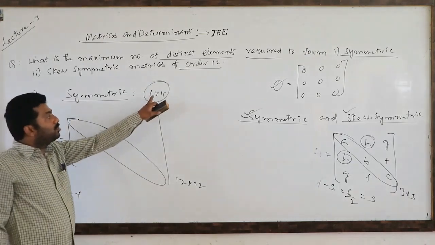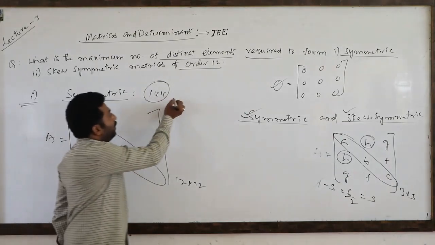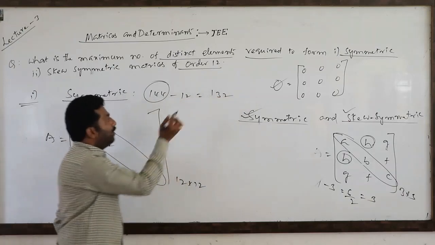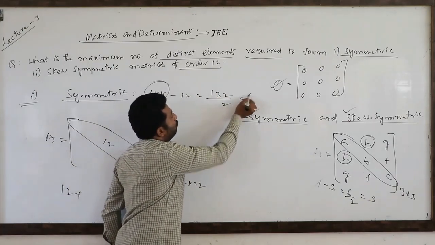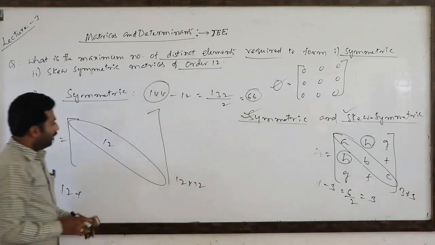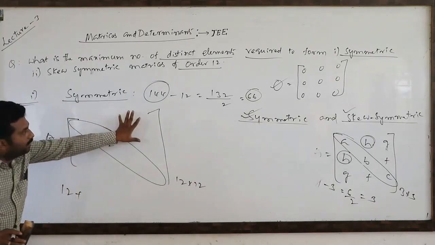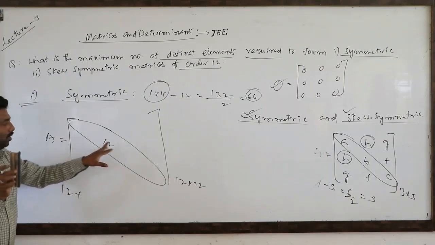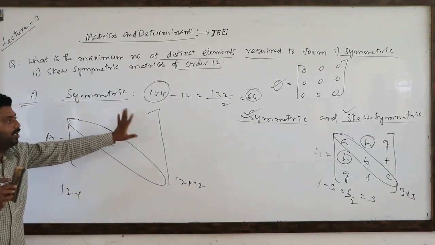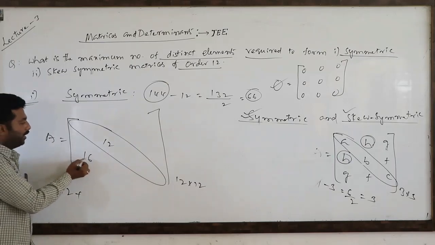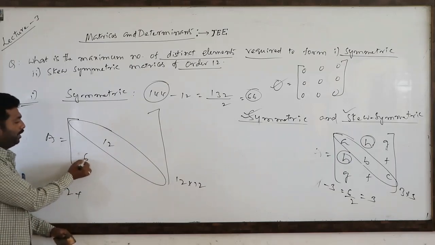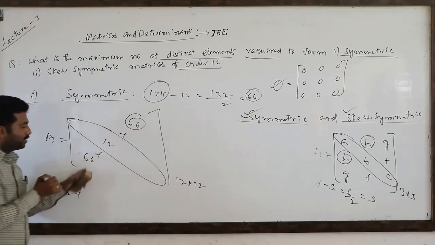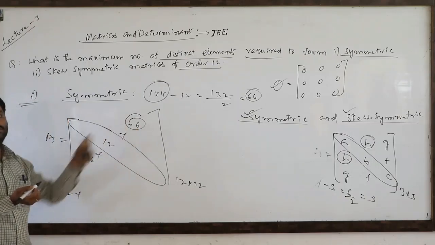Then how many elements in total? 144. How many remain? 132. Half of them, you take 2: 66. Then here you observe, here 66 blanks, here 66 blanks. Very clear. Total how many? 144. See here, here 66, here 66. So 66 plus 66 means 132, plus 12 means 144.